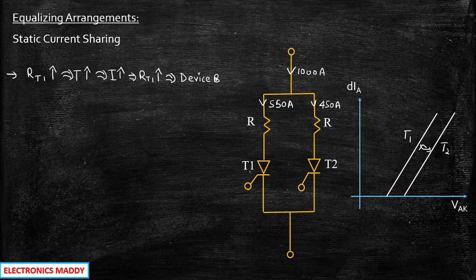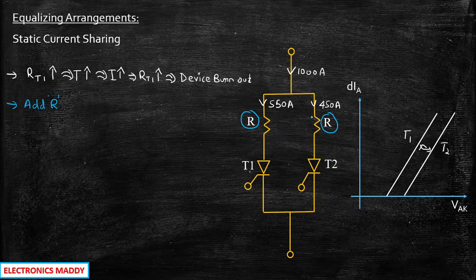So you are basically damaging your thyristor by connecting two thyristors in parallel in this particular fashion. So we don't want this to happen, isn't it? Ideally. So what we will be doing, in order to overcome this particular problem, is adding a resistor R in each of these networks. So a resistor R is added in such a way that it will balance the value of current flowing through these two thyristors T1 and T2.